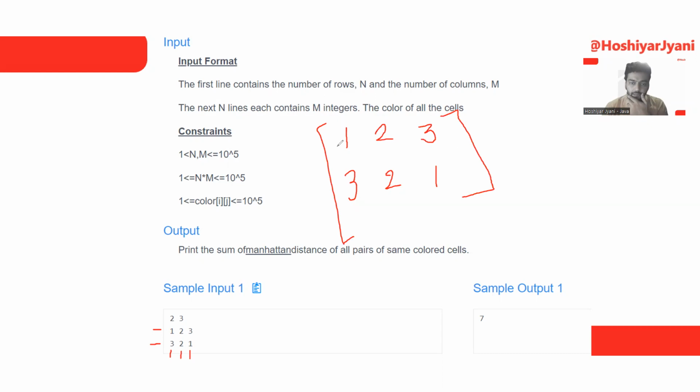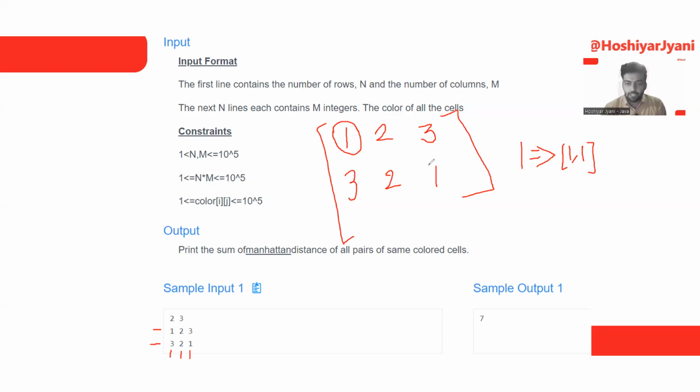In the first step, we find color number 1. In this whole matrix, we find color 1 at the position 1, 1. Actually this is the 0, 0 position, but we are taking one-based indexing, so we add plus 1 to the row and column.